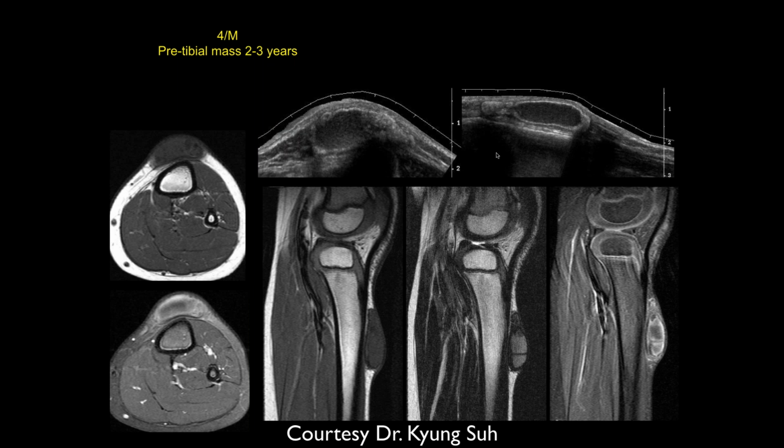We got a 4-year-old male with pretibial mass for 2 to 3 years. So it looks like we have, distal to the tibial tuberosity, this kind of complex, multi-loculated fluid collection in the subcutaneous fat. On the MRI, it's pretty well marginated, and it has fluid inside and some posterior acoustic enhancement. So I'm worried about some sort of benign